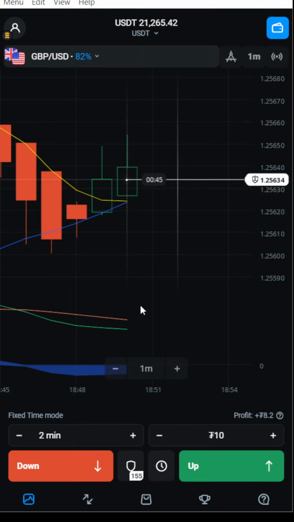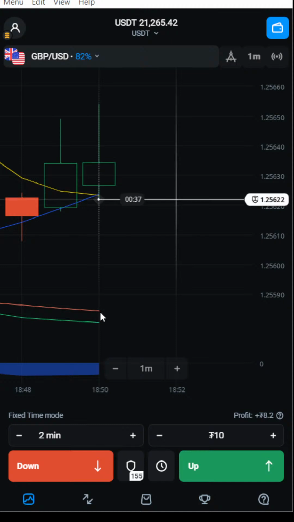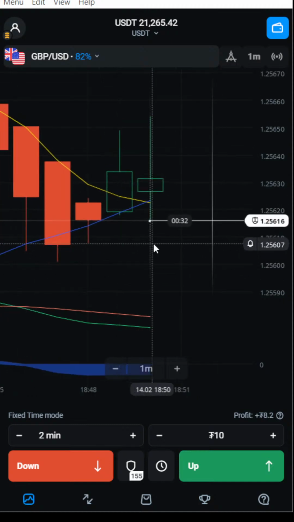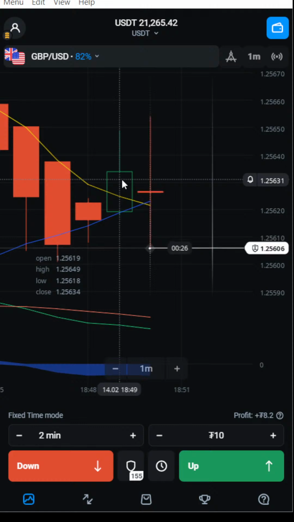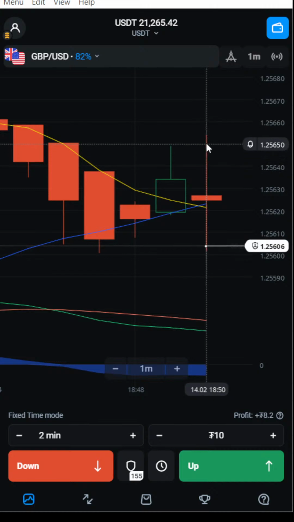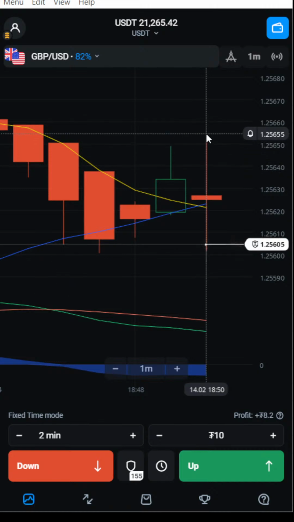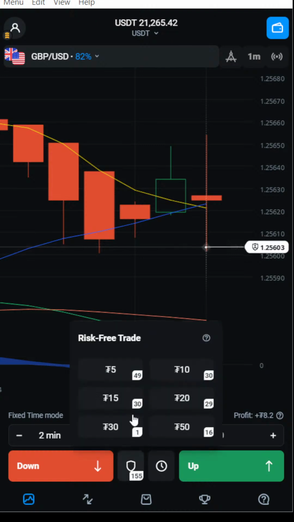The green line has not crossed the red line from down to up, and the MACD area chart is also not coming above the horizontal level of 0. So what we need to do is wait, because you see this kind of situation happen if you open the trade at this time. The candle is going up till here, then there is a doji and the candle is coming down. At that moment, if you open the trade,